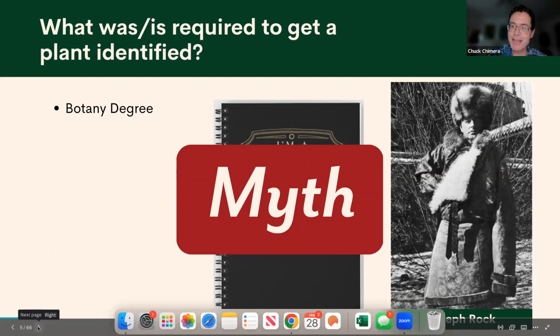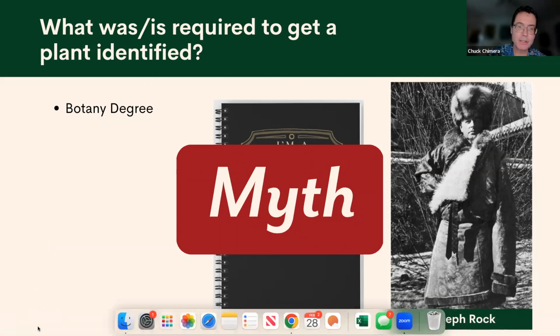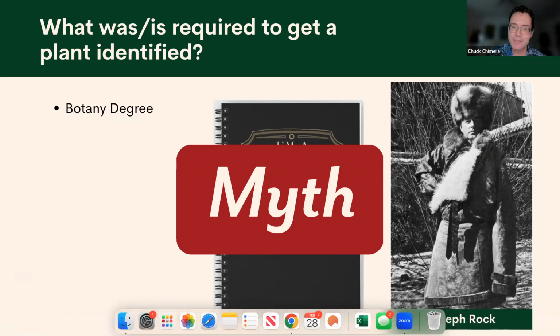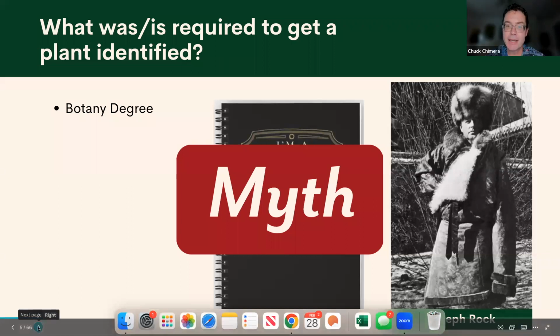For example, this dapper looking fellow here, Joseph Rock, is one of Hawaii's most prolific and important botanists. He was largely self-taught. And in later years of his career, he started referring to himself as Dr. Rock. Some people portrayed him as a charlatan, claiming he faked his qualifications and conned his way into positions that he was not qualified for. And I can relate to that.